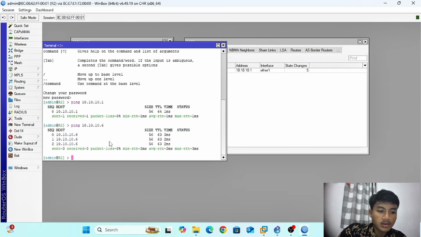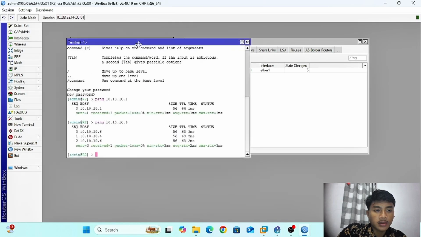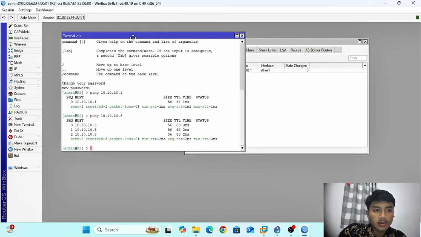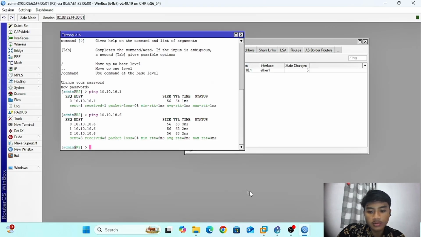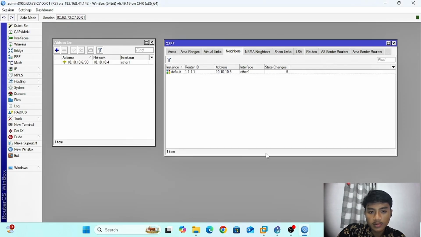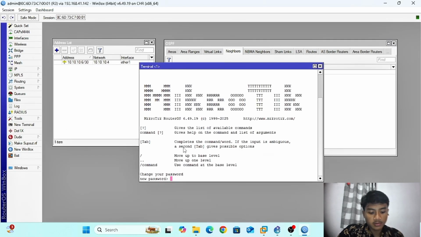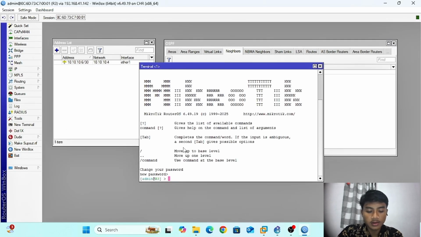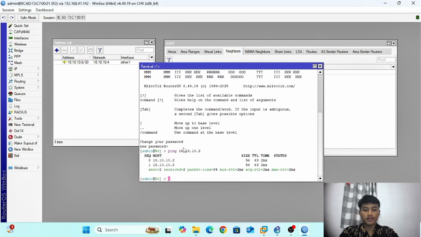So I successfully pinged router 3 from router 2, and then I will ping from router 3 to router 2. 10.10.10, okay, successfully guys.